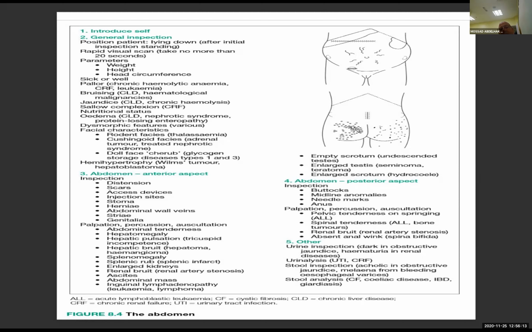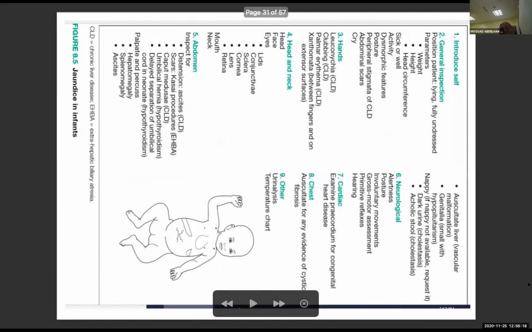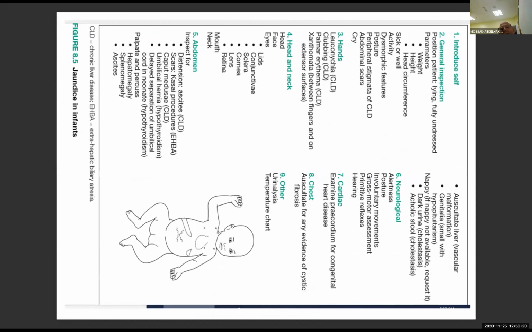Next, or the third one, is examining the small children, sorry. Okay, so how can we examine the patient if he has jaundice? It's just to give you the same sequence, but while you are concentrating on this one, maybe in your 5th year, because now, I think neonatal jaundice still can come to you during the exam. Okay, but mainly it is for 5th year for neonatology. Next slide.